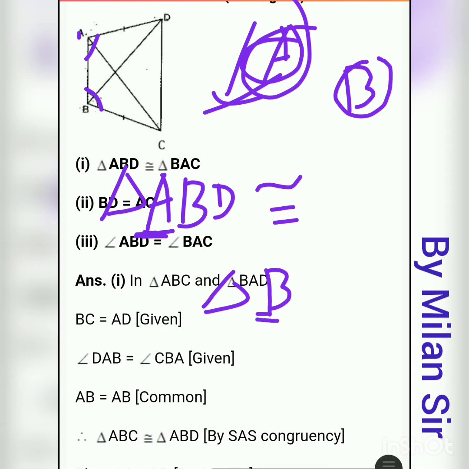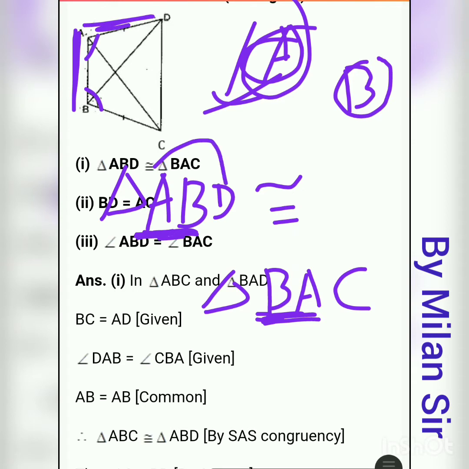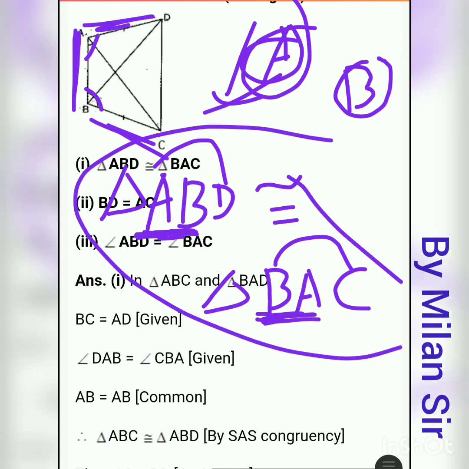Now here the common side AB is at first and second position. So in first and second position we want AB, but at first position we have B, so write down A here. So AB is equal to BA. We know that AB and BA both are equal. Then our third thing is C, which we need to write in the last position. And just check that AD, first and third position, and BC, first and third position, both are equal. So this congruency criteria is correct.